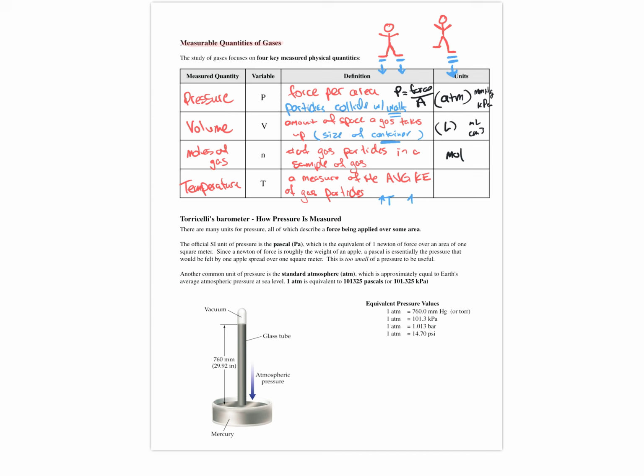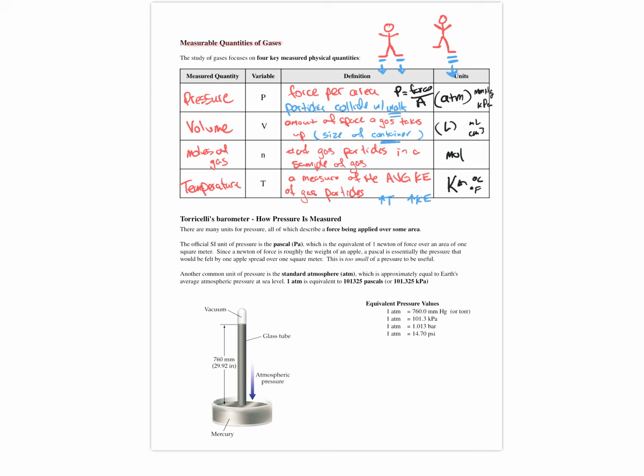As you increase the temperature of a substance, it'll increase the kinetic energy of the particles. And I'll explain this more in a moment, but in gas laws, we're always going to make sure we're in the unit of Kelvin. So if you're given Celsius or Fahrenheit, we'll have to convert that temperature into Kelvin.